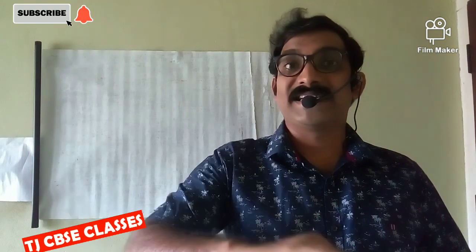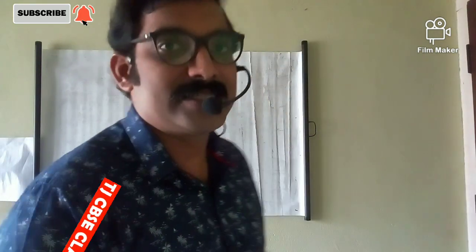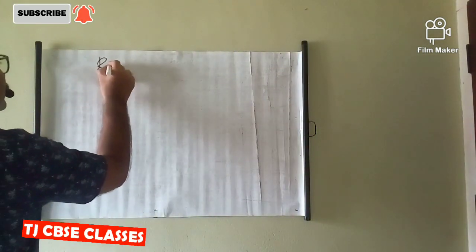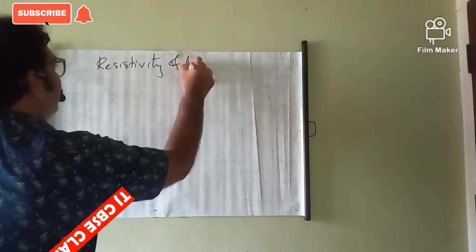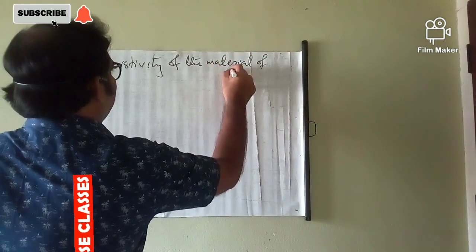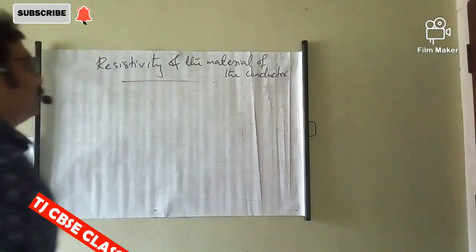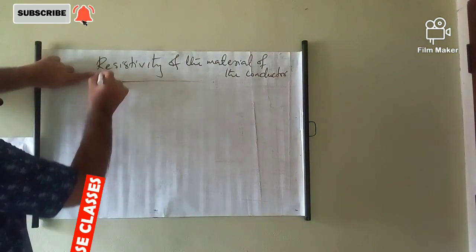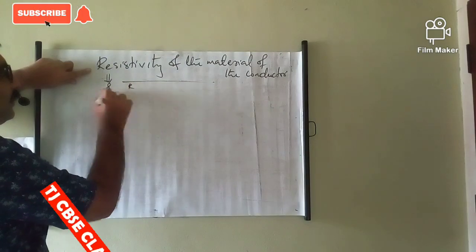Today I am discussing a topic, resistivity of the material of the wire, and the difference between resistivity and resistance. It's very important for you. Okay, the resistivity of the material, resistivity of the conductor. Here the resistivity can be denoted as rho, and the resistance of the wire can be denoted as